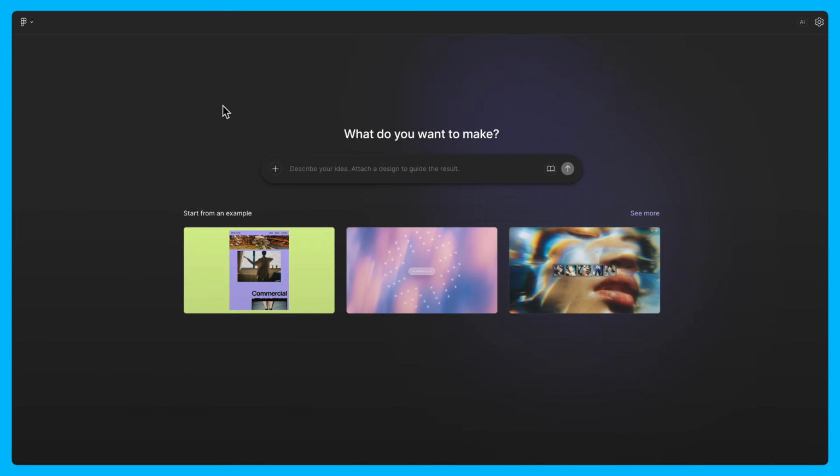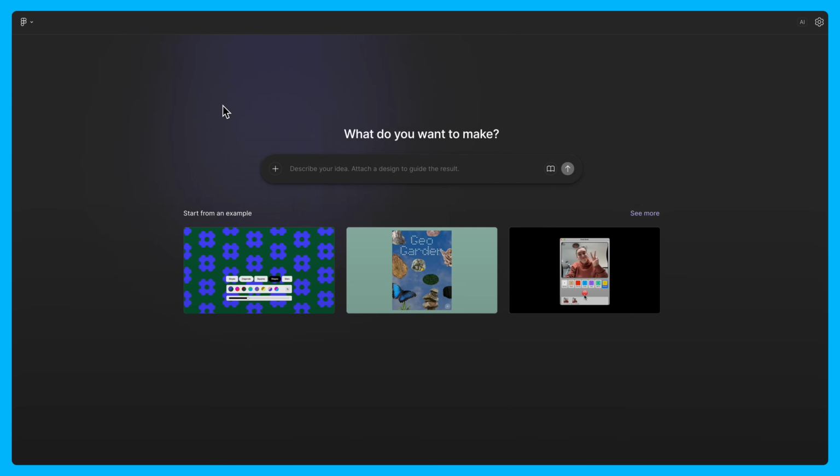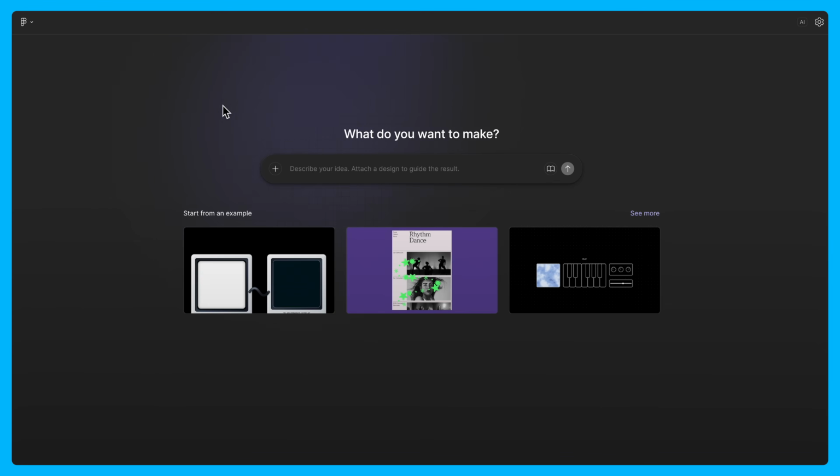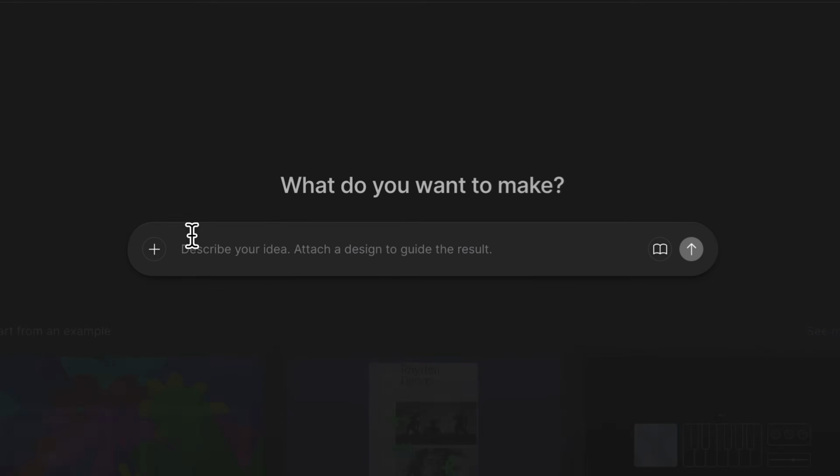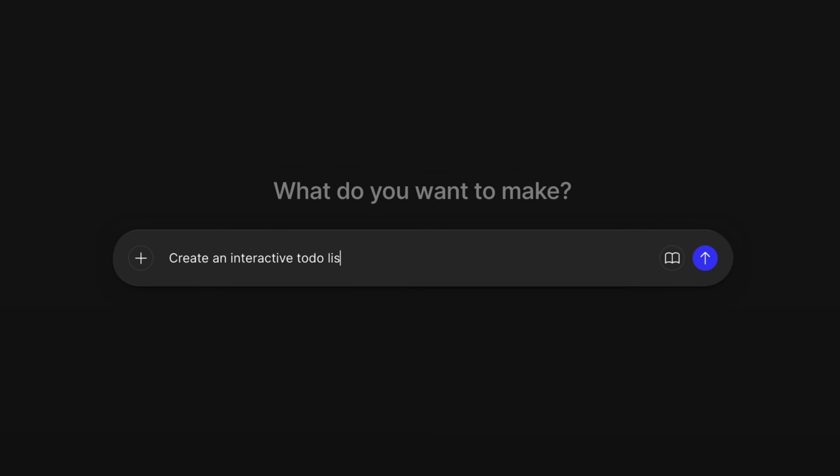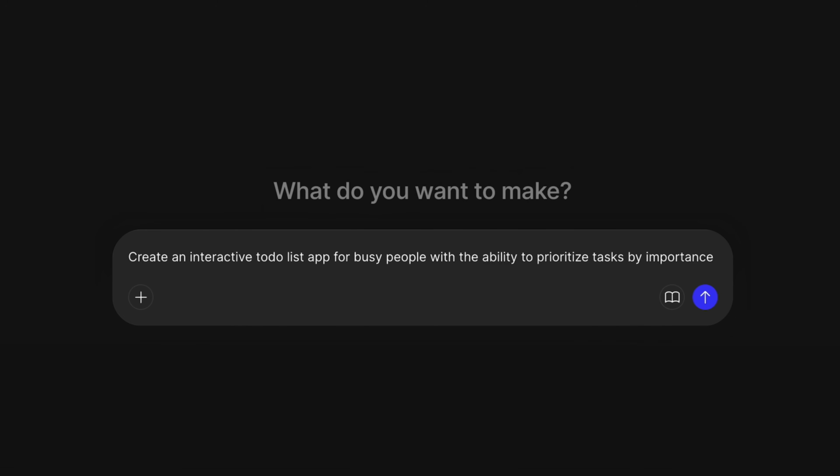Text prompts are the foundation of Figma Make. They allow Figma Make to take plain language and turn it into a real app. When writing your first prompt, be sure to front-load it with all the important stuff. The initial prompt establishes the foundation you'll be building on, so include key details like a description of what you